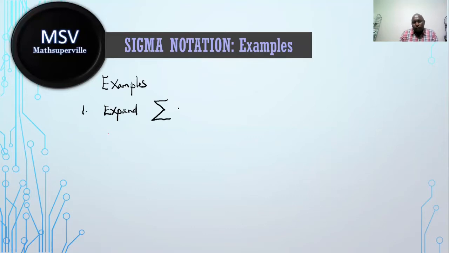Here I'm going to ask you to expand the sum of i plus 10, and our index runs from 1 through, let's say, 4. So the solution in this case,